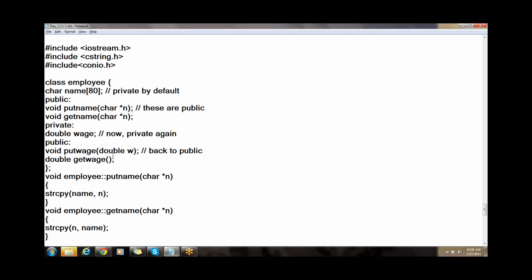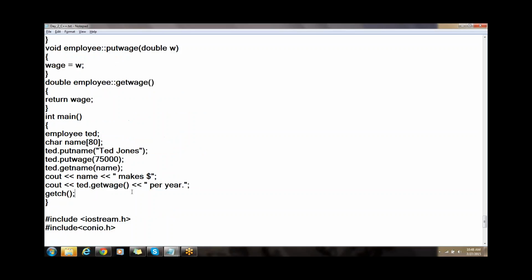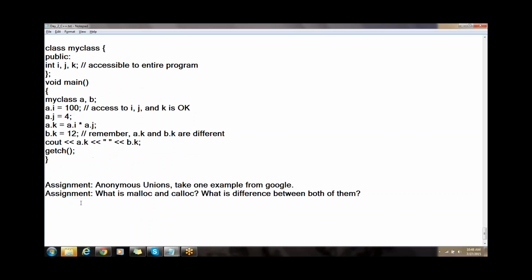So whatever we discussed in the last class, similarly here they put the name, then get the name, and return the wages. They are getting all those things and printing them out. Just try this example. It's a very simple example I've given you. Similarly, here I've explained. I'm defining my class, and in this I have three variables i, j, k. So when I am defining these